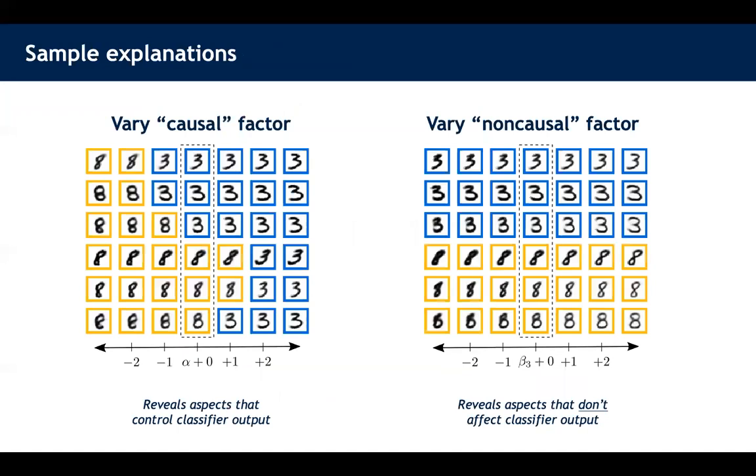These example results show sample explanations generated by our framework for a classifier trained on the MNIST digits 3 and 8. Each row shows a different sample of the training set. Moving along the horizontal axis shows how the image changes as a latent factor is varied. Observe that the learned causal latent factors control the classifier relevant features, like the curves on the left side of the digit. This is reflected in the changing colored borders denoting classifier output.